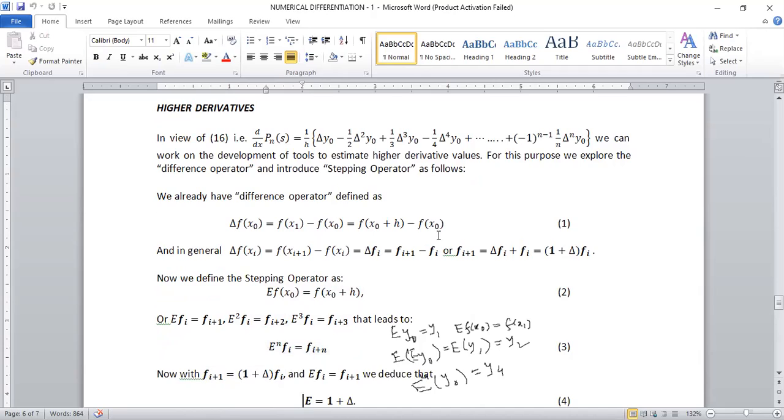Now we have seen here that fi plus 1 is also produced by 1 plus delta fi. तो ये जो स्टेपिंग ऑपरेटर हमारा है वो दरअसल 1 प्लस डेल्टा, और डेल्टा मीन्स व्हाट? फॉरवर्ड डिफरेंस। तो मेरा स्टेपिंग ऑपरेटर जो है वो कोई नई चीज नहीं है बल्कि